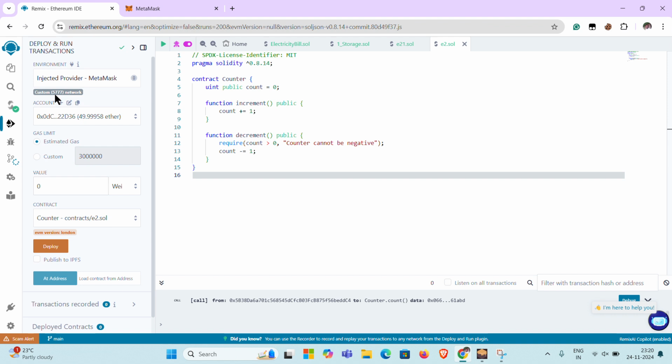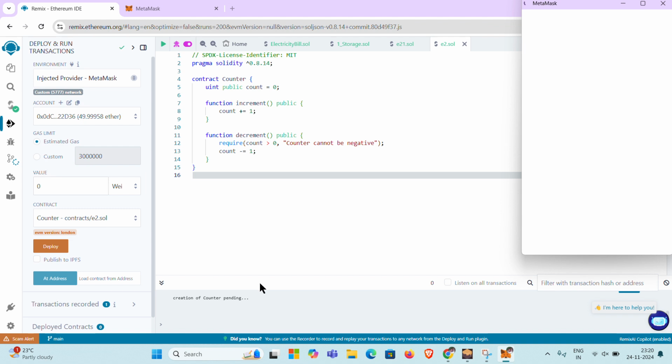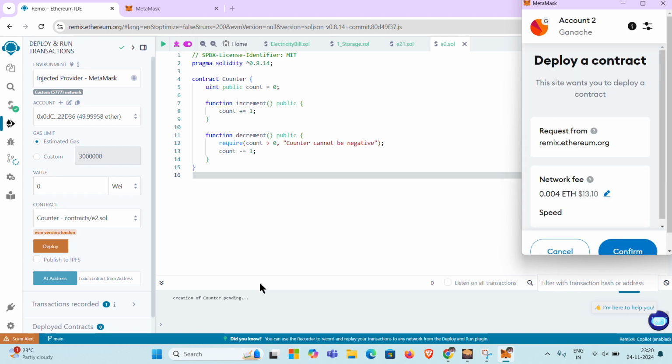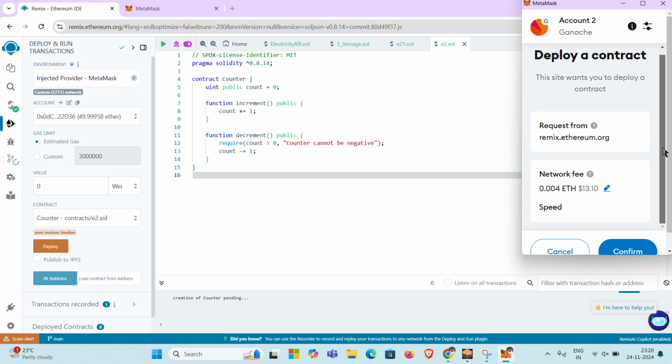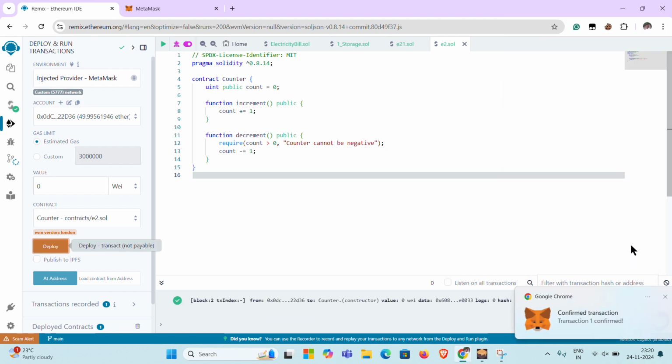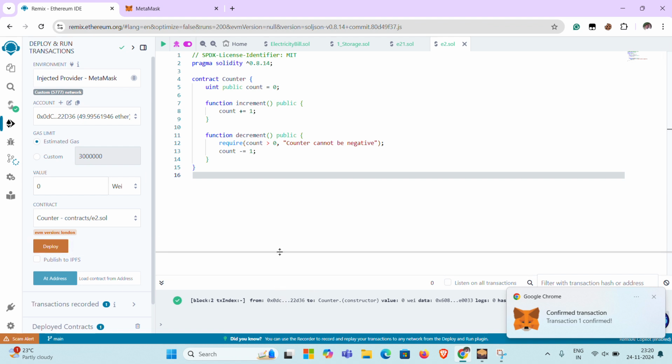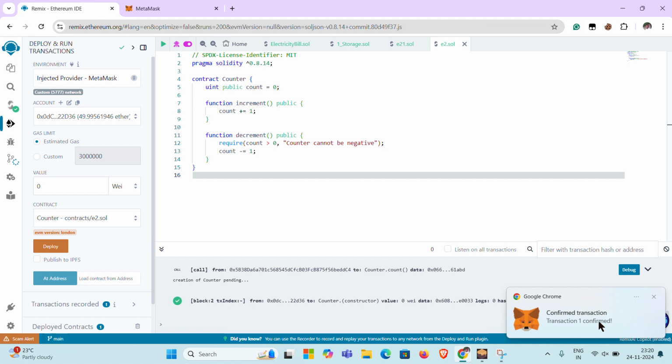Currently we are on the network 5777, nothing but Ganache. In that account section, I want to deploy this contract into the local node. Just click the deploy button. While deploying, some gas fee is collected. That gas fee is from your Ganache node account. After the transaction is confirmed in the Ganache node or local blockchain,